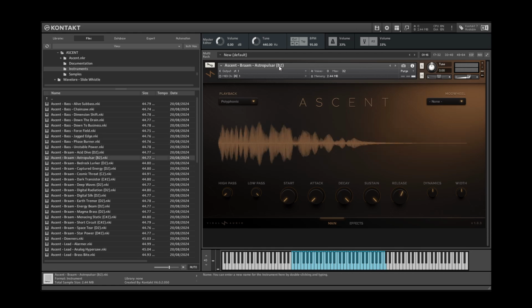So as you'll see for these ones, they have a key marking for each one of them. This one corresponds to B2 on the keyboard, and I believe that's just the original note recording, and that's then been spread across quite a wide range. It would have maybe been nice for these Brahms sounds to have the recordings be for multiple notes, just so they don't have to be stretched across the key range so much. And that's basically because the Kontakt engine will have to stretch or shorten the sample the higher or lower you move away from its key center. So for here,